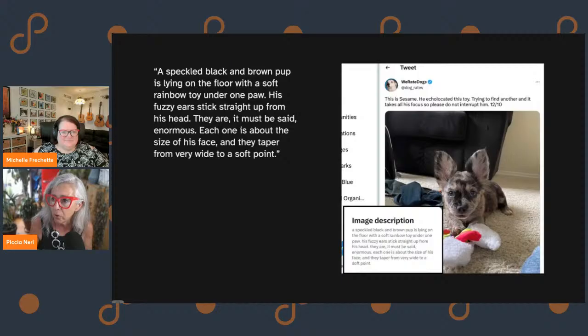soft rainbow toy under one paw. His fuzzy ears stick straight up from his head. They are, it must be said, enormous. Each one is about the size of his face, and they taper from very wide to a soft point." So this, to me, is a masterpiece example of alt text that actually tells you everything you need to know